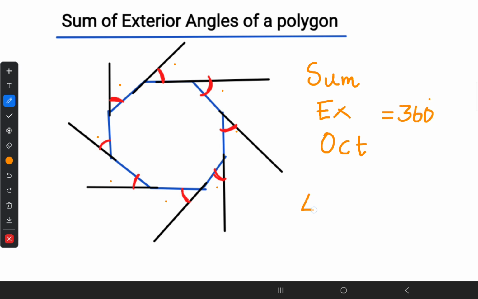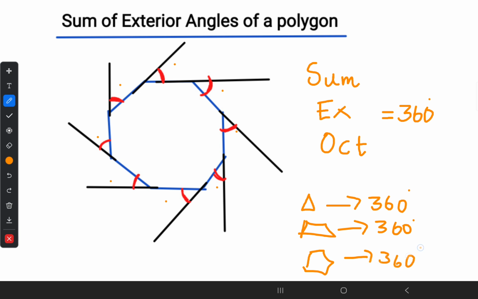Previously we found for a triangle, what is the exterior angle sum? 360. For a quadrilateral, that is also 360. Thereafter we found for the octagon. For the octagon also, it is 360. From here, we can get a conclusion that the sum of exterior angles of all the polygons, doesn't matter how many